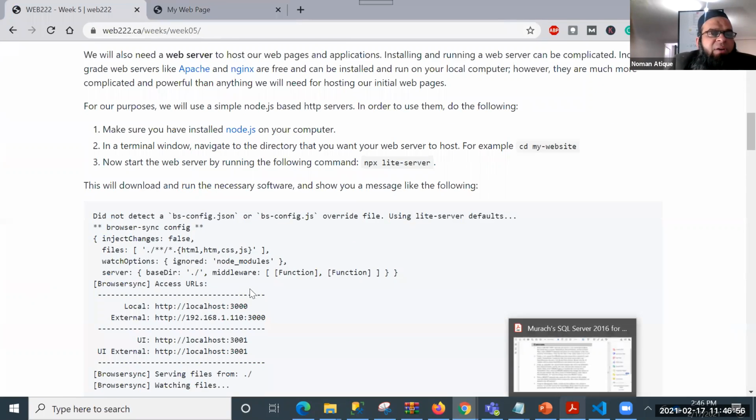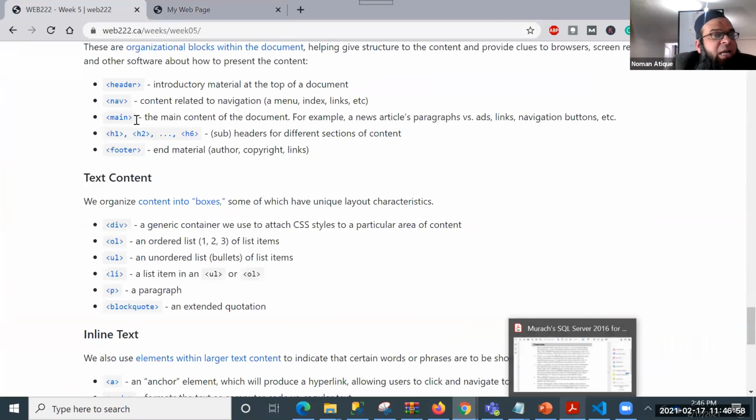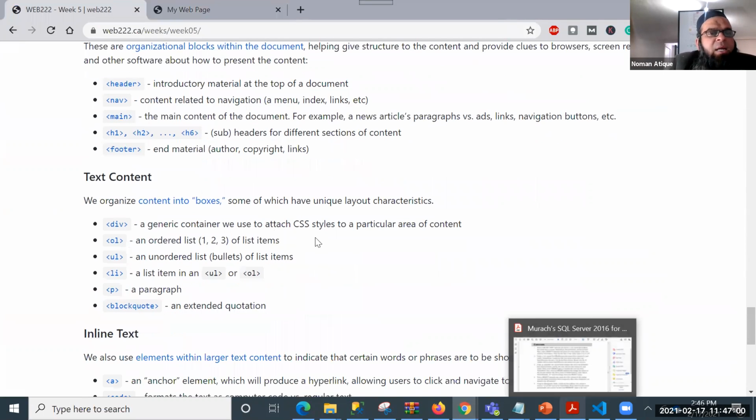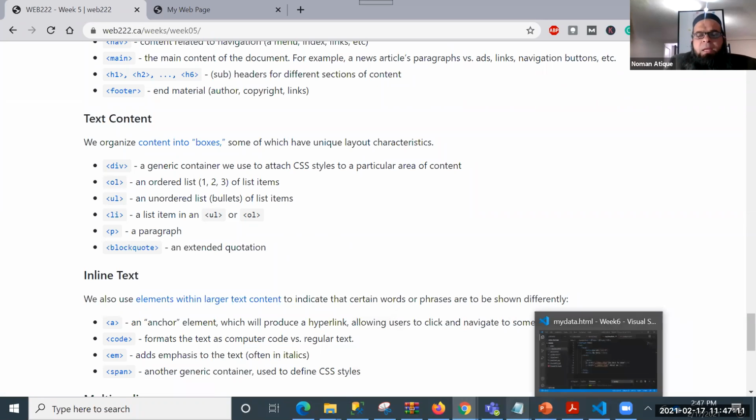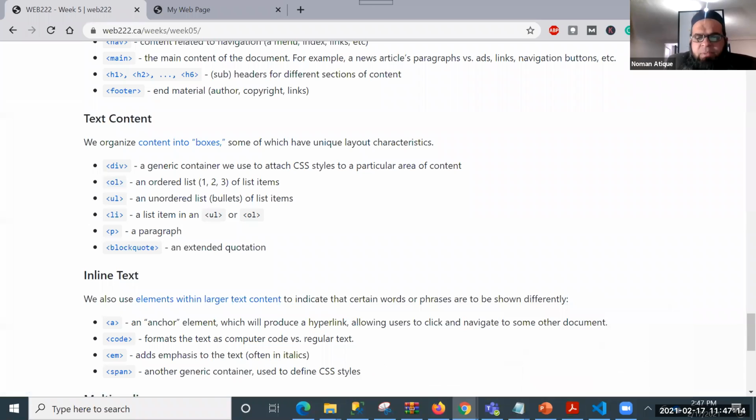So this one, I've talked about all these things. Structural elements, I'll be talking about that shortly. And have we talked about OL and UL, ordered list and unordered list? Please remind me, because I don't know. No. Okay, no problem. I'll just discuss that. Maybe there are some that I need to.